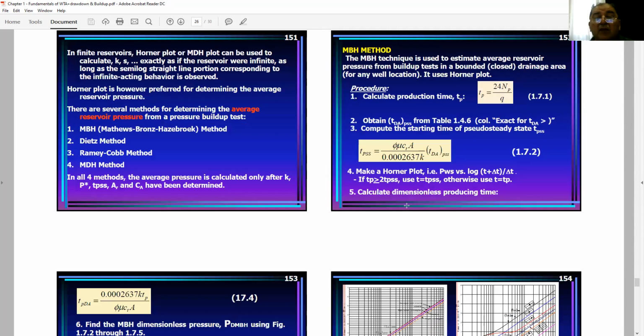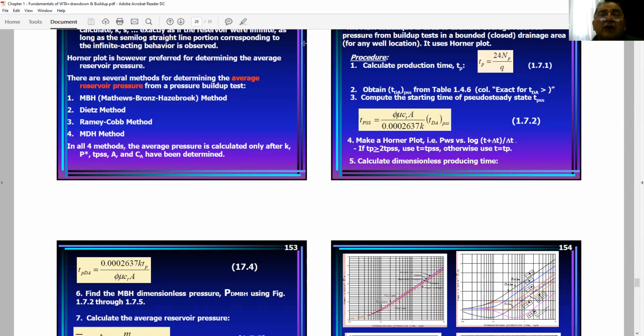Yes, here. So the first step of MPH, Matthews, Brons, Hazebroek, is to get TDA from table 146, as you can see, the column of exact for TDA. Now, from the value of TDA,